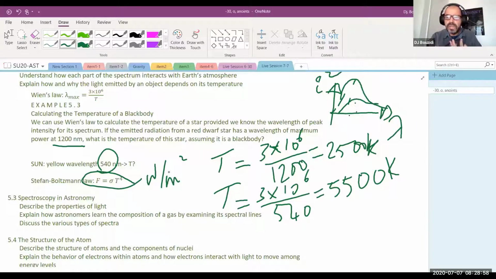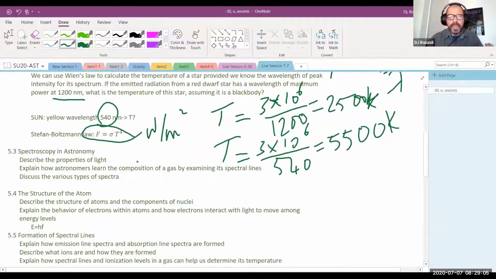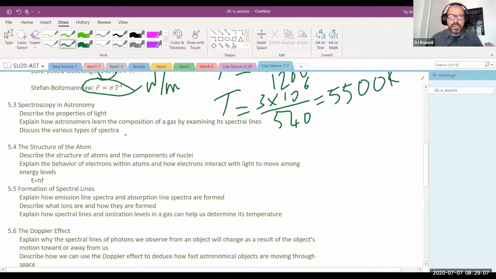This is for emitting objects, objects that emit light. So this is very, very important to understanding the stars. Then here, we're going to talk about the spectrum. Again, I just mentioned it. When Maxwell came up with a solution, the spectrum is divided, and there is a very narrow region that we can see between 400 and 700 nanometers. This is basically the visible light.